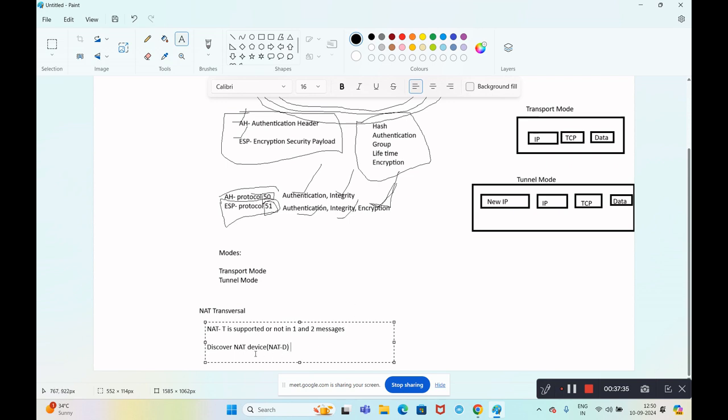NAT-D means these IPsec peers or IPsec sites will discover whether there is a NAT device in between site 1 and site 2. This will happen in the third and fourth messages. Okay,